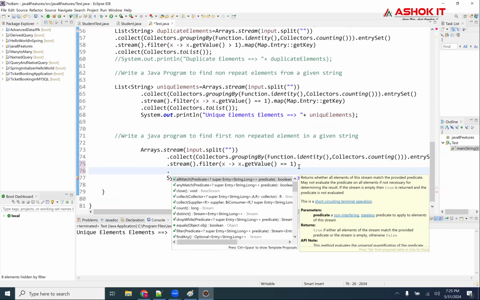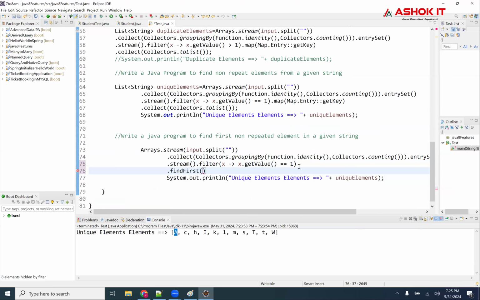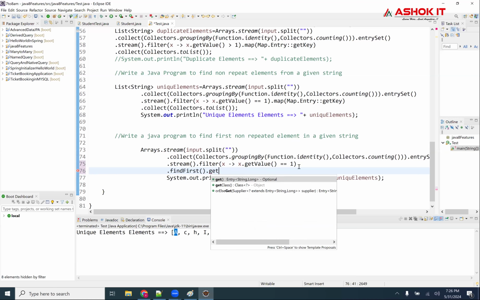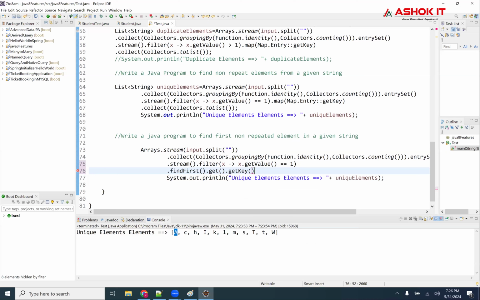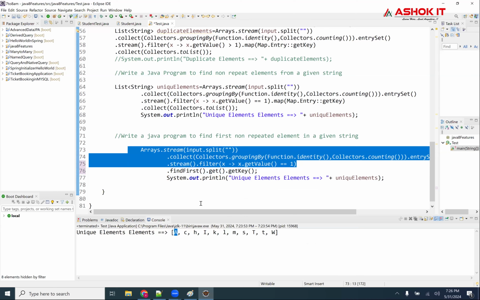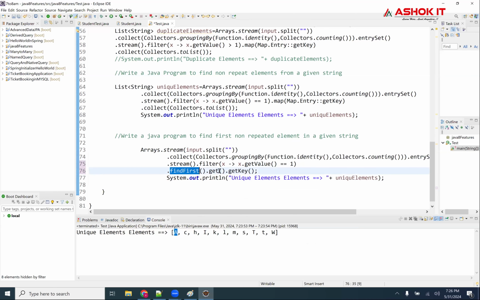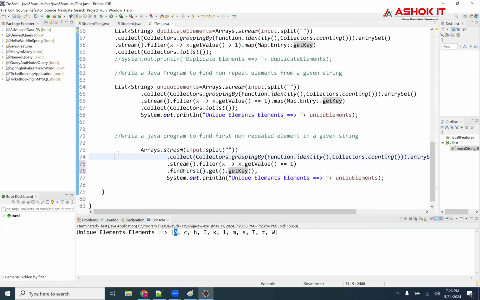Dot, in that list, I have a method called find first. Dot get key. In that list, I don't want to convert. Only one element I need to find, right? Find first. Dot get key.